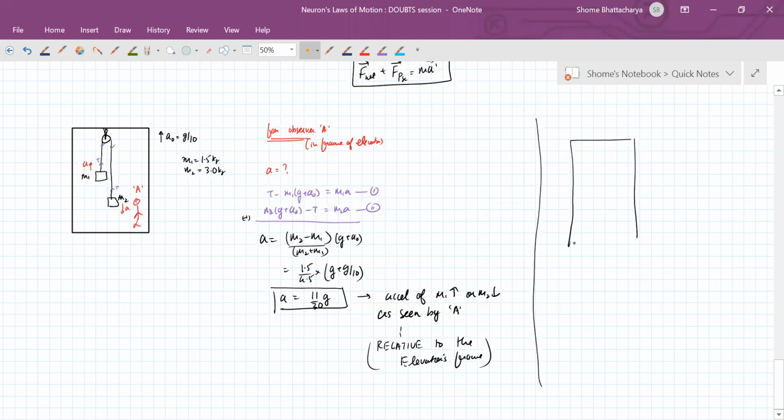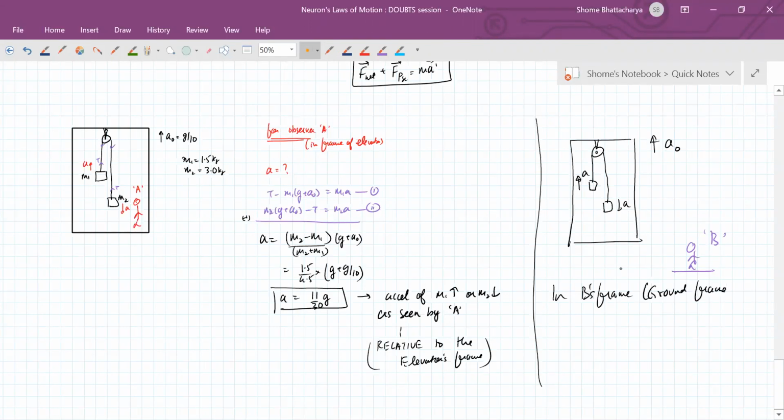so क्या हो रहा है? This lift going up at a0, इसके रिस्पेक्ट में ये वाला बॉडी जो है ऊपर जा रहा है at a, और ये वाला बॉडी नीचे आ रहा है at a. So now if we have a second observer who's on the ground, if we have second observer B who's on the ground, so what will happen in B's frame, that is a ground frame. Okay,